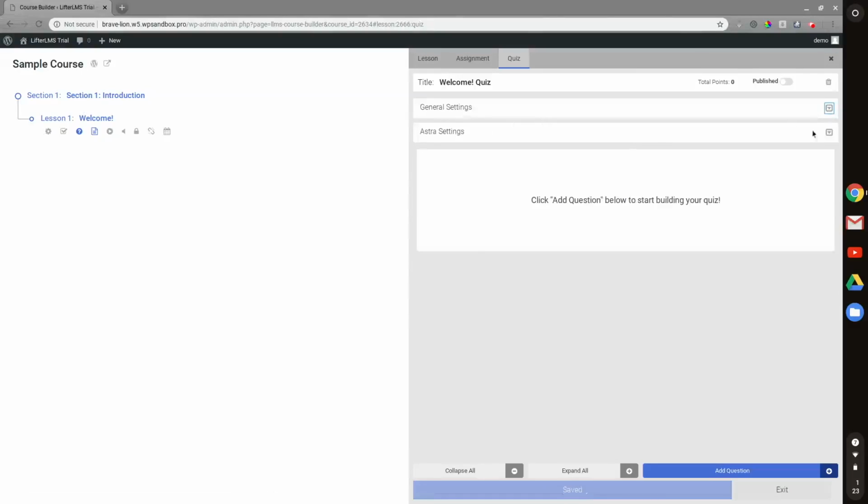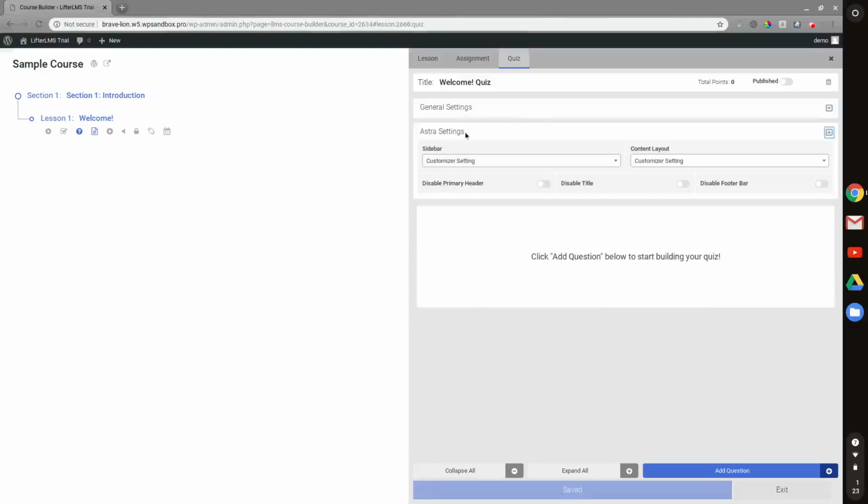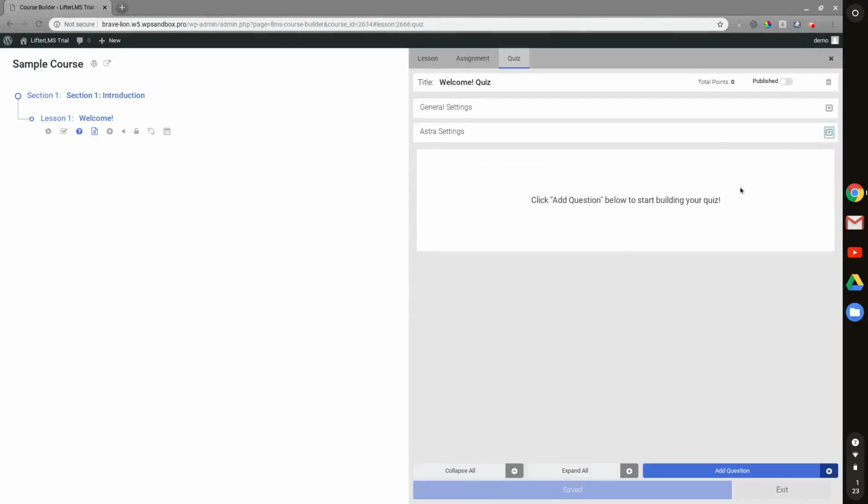And I'm using the Astra theme, so we can see Astra has some settings for quizzes. We can put in a sidebar or do custom layouts, or disable the title, footer bar, or primary header, some other theme options there. But we'll just ignore those for now and show you how you can add questions to